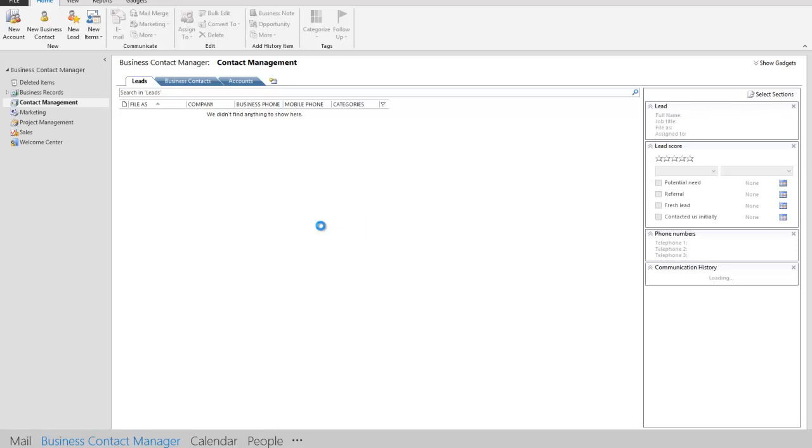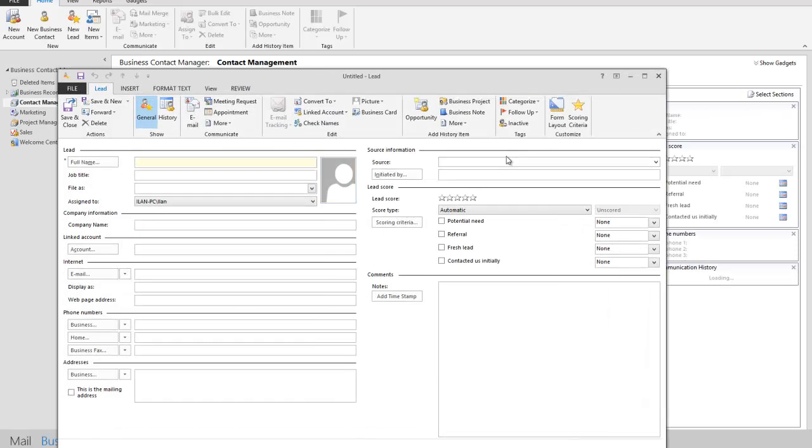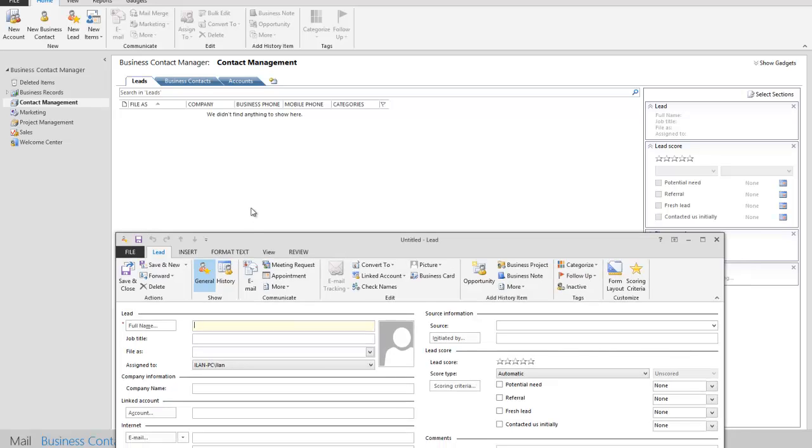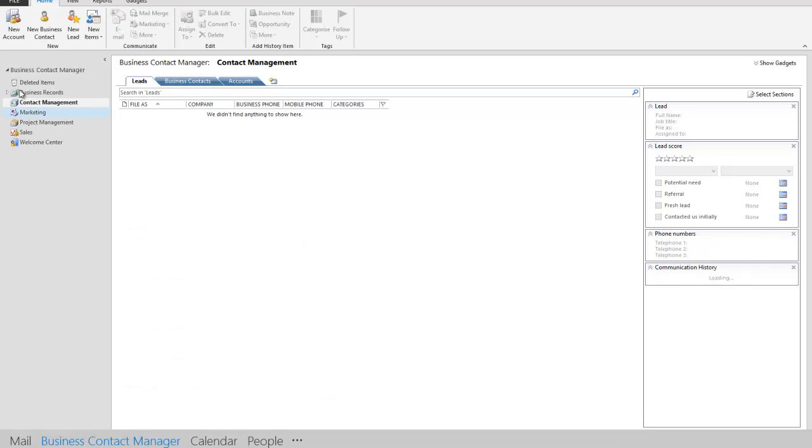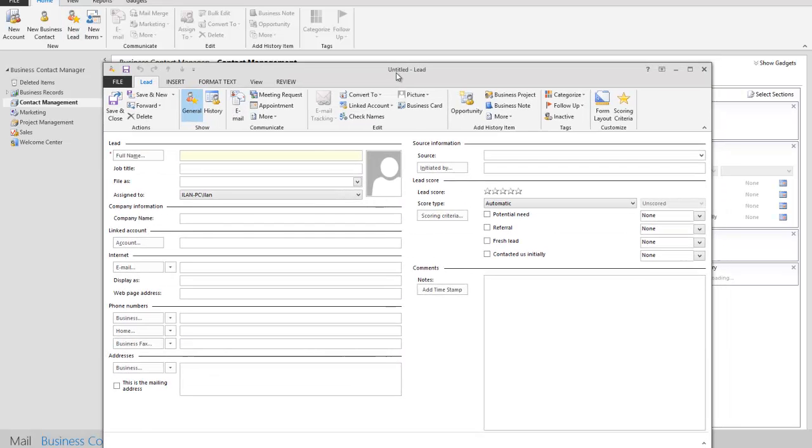So let's look at the lead window real quick. I'm just going to click on new lead, and creating a new lead is really simple. You can just right click and select a new lead, or just click on the new lead button on the very top. I'm just going to put in here John Doe as my lead. Let's say John is a director at a fictional company called Nova. He's not currently linked to any account, and his email is john.doe@aol.com. Again, totally fictional,